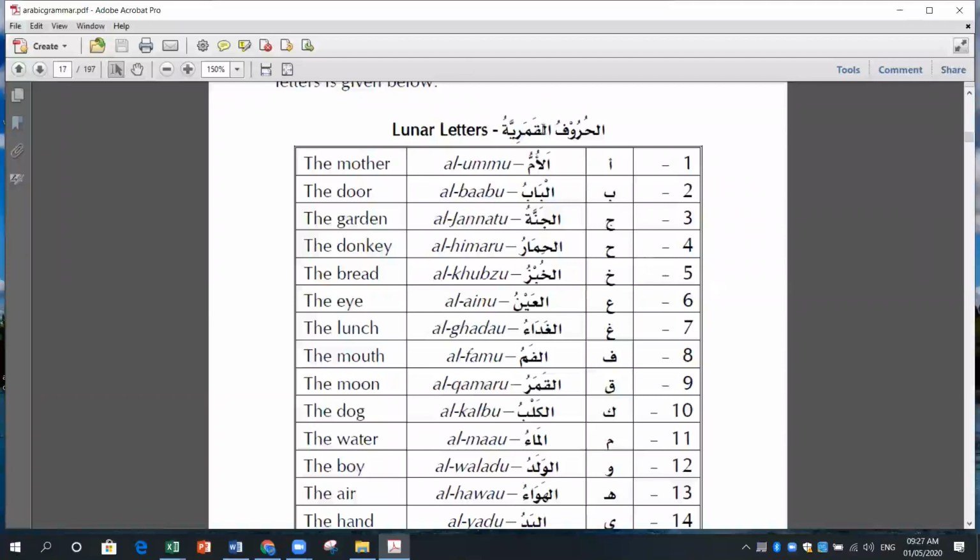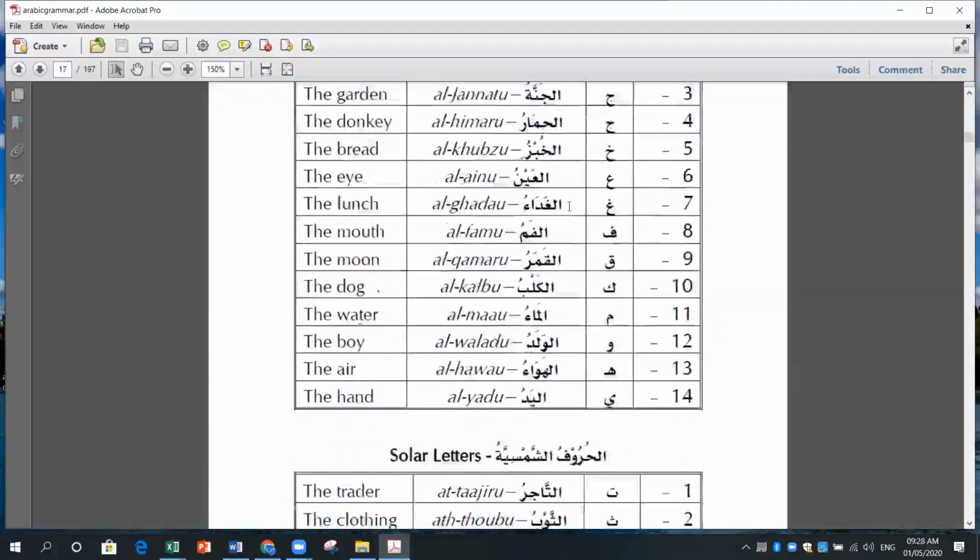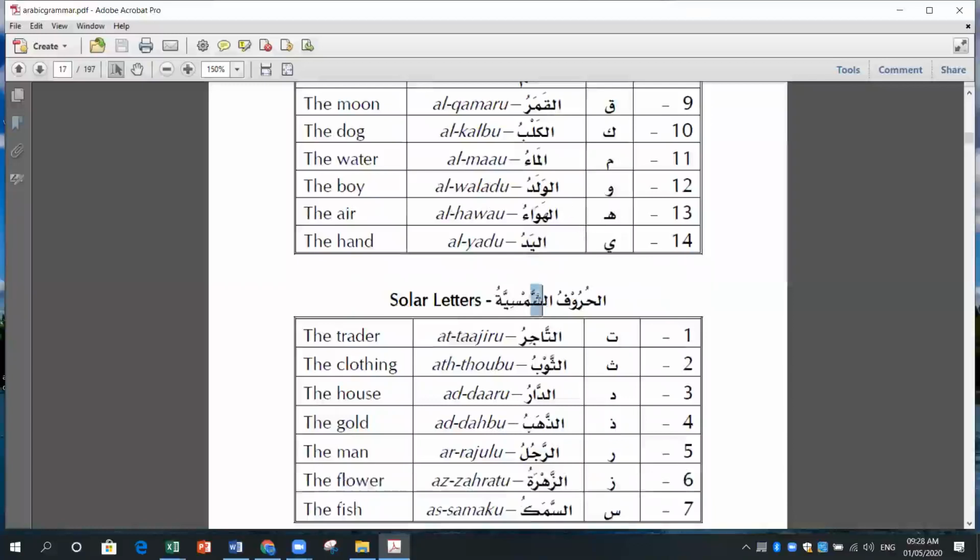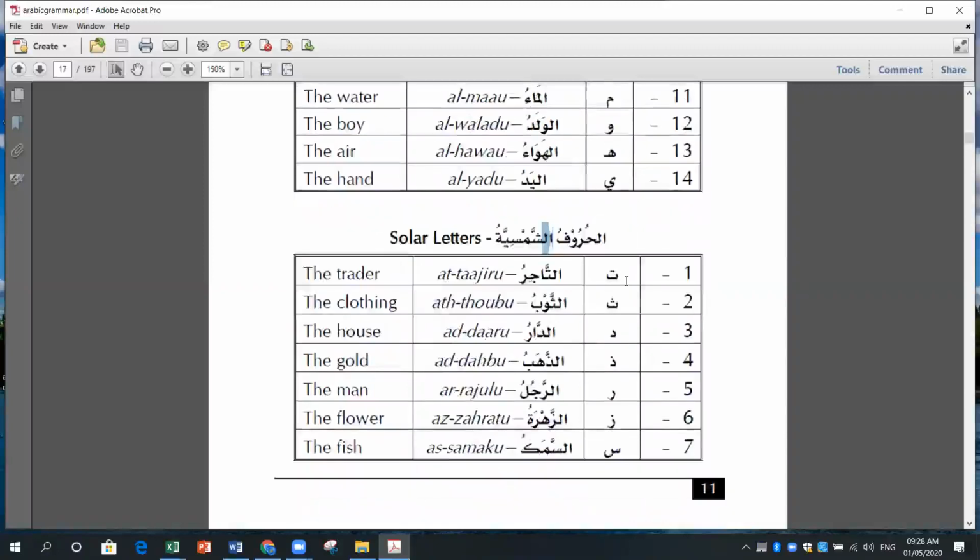So this Al-Qamar, do you know what Qamar means, Rahila? Yes, it's the moon. Because when we say Al-Qamariya, we pronounce Lam. So all the letters which follow this rule, that Lam is pronounced, are called Huruful Qamariya. And Shams, what does Shams mean? Sun. When we say Shamsiya, we don't say Al-Shamsiya, right? So the letters which follow this rule, that Lam is not pronounced, are called Al-Hurufu Shamsiya. That's it, simply.